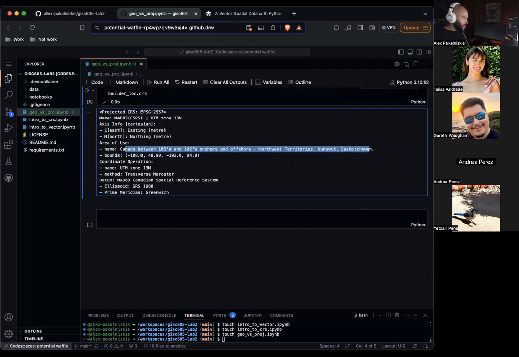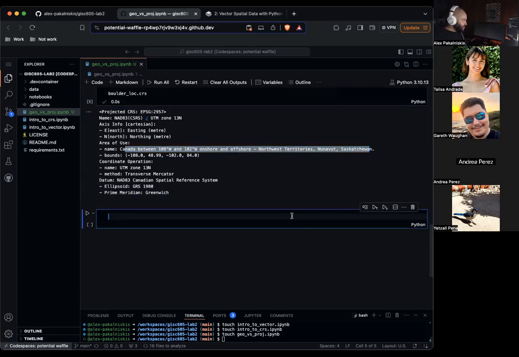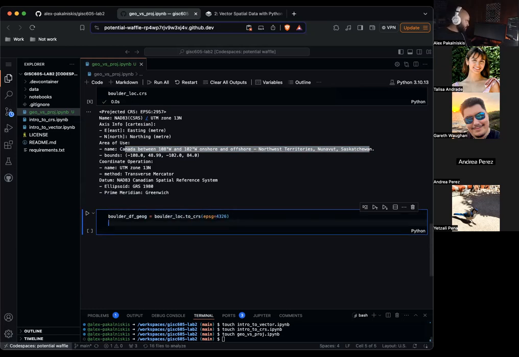Now let's reproject that data into the geographic coordinate reference system, and then we'll notice how the coordinates are different, but represent the same location. So we'll do Boulder df geog equals Boulder loc to CRS, EPSG equals 4326.